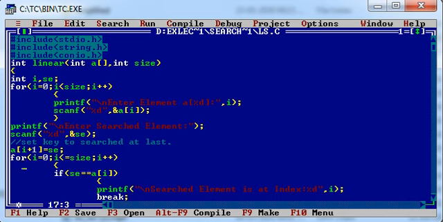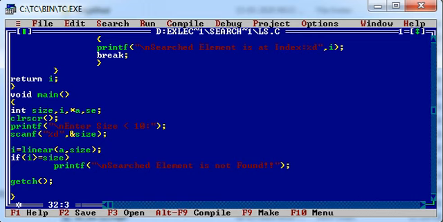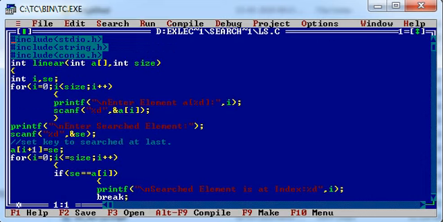Over here, whatever logic I had written previously in my main function, all the logic I have pasted to my user defined function.